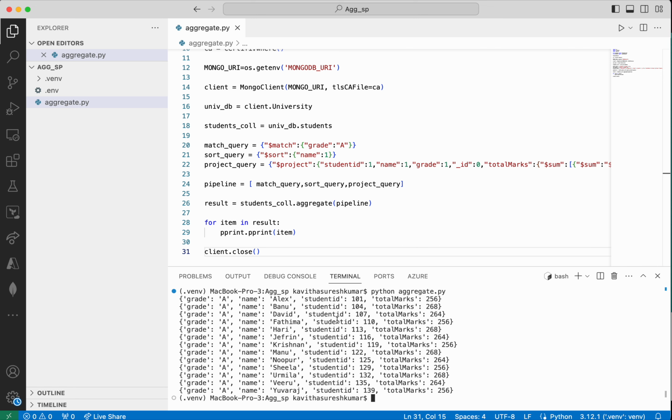In this demo we have seen how to create a MongoDB aggregation pipeline using match, sort and project